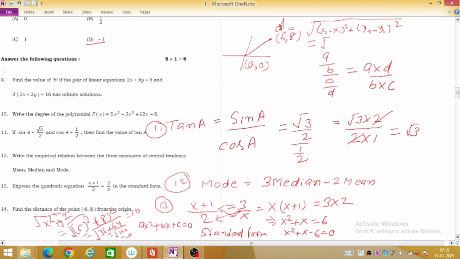Then our formula is what? x square plus y square. Then x1 is 6, so 6 square plus 8 square. Then this is the formula. This is the question. You apply only the distance formula. What is the distance formula? x2 minus x1 plus y2 minus y1. However many times you solve the question, you write the formula first. Then you remember it each and every time. Then go for question 15.